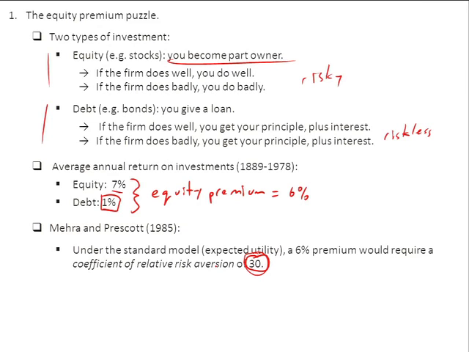Now on your problem set, you're going to be working with this utility function quite a bit, because we've assumed prospect theory